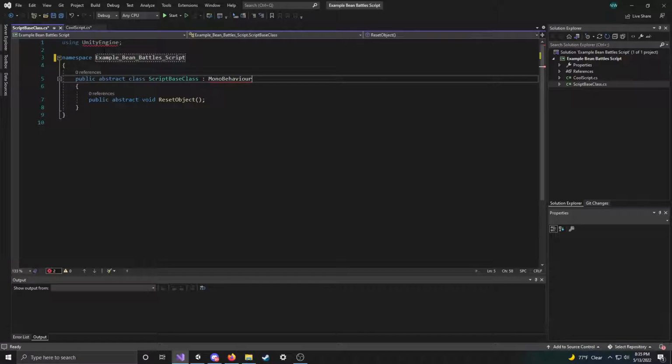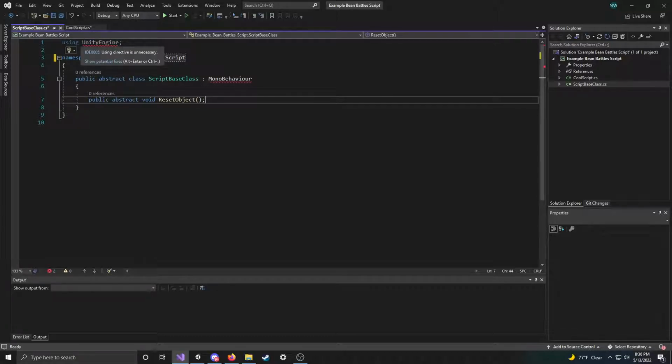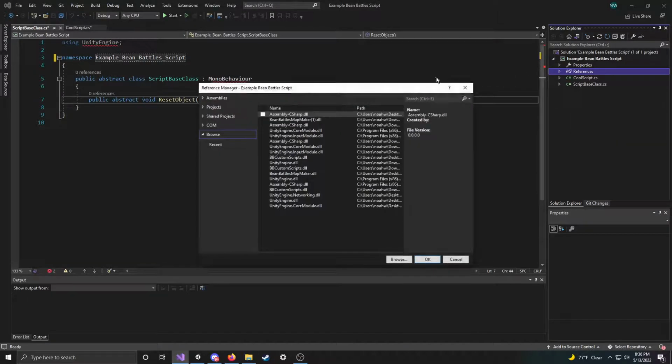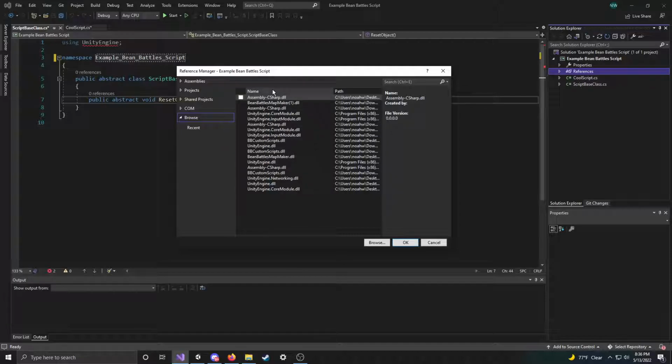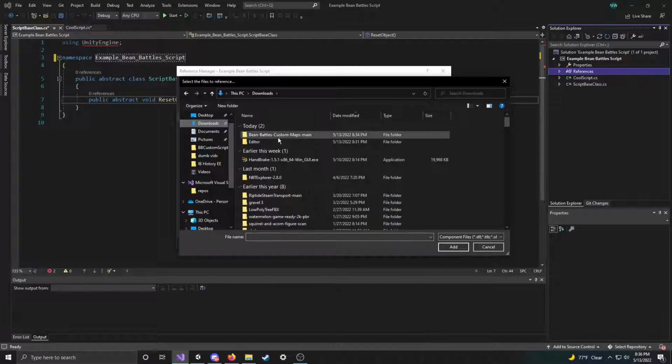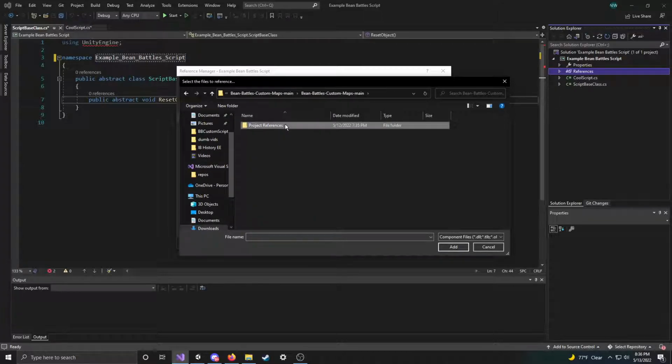So we need to add this namespace. We need to have it in our project as a reference to access the stuff inside of Unity. What you can do is go to this references tab right here, right click it, and click add reference, and that will open up this little thing right here. You don't need to pay attention to any of these, just click browse, go to wherever you just downloaded that little GitHub zip, open that up, and then go into project references, this folder right here,